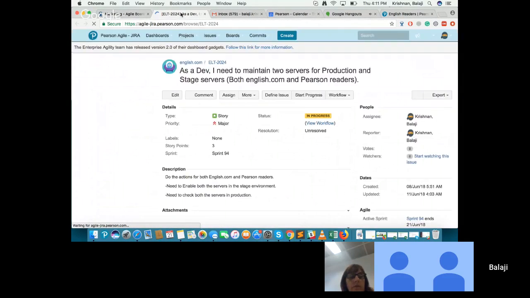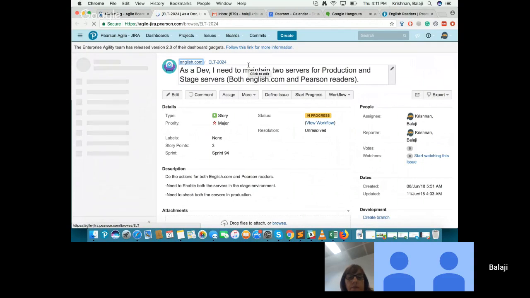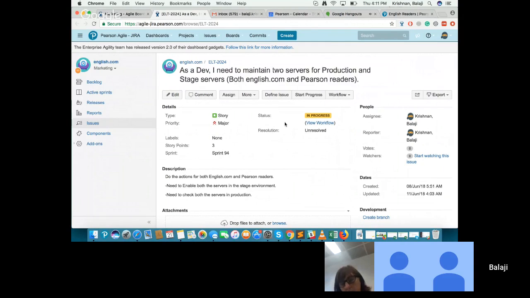The first user story is a server related user story. ELT 2024. As a dev, I need to maintain 2 servers for production and stage server. It is for both English.com and Pearson readers. Now we have configured 2 servers for English.com and Pearson readers in stage, and it is working as expected.